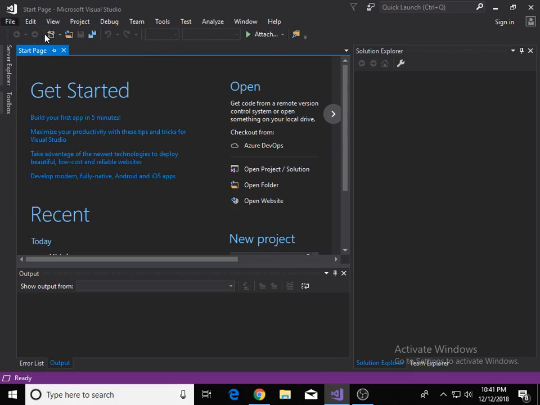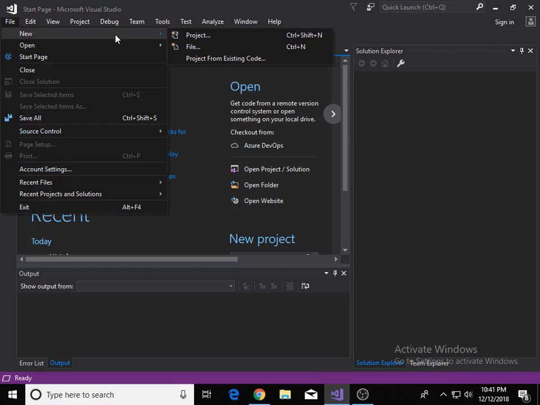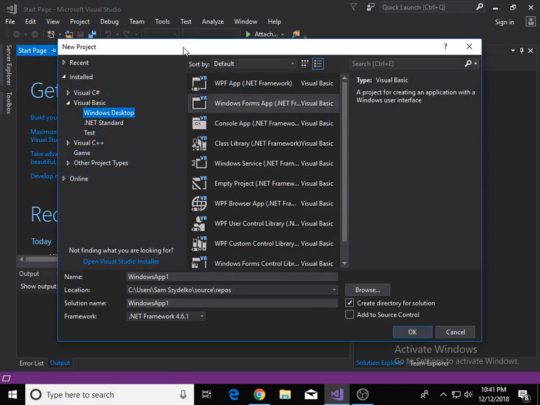Anyway, file, we'll start a new form. I'm going to do one simple thing today, and this is going to be combining strings. So, it's going to start